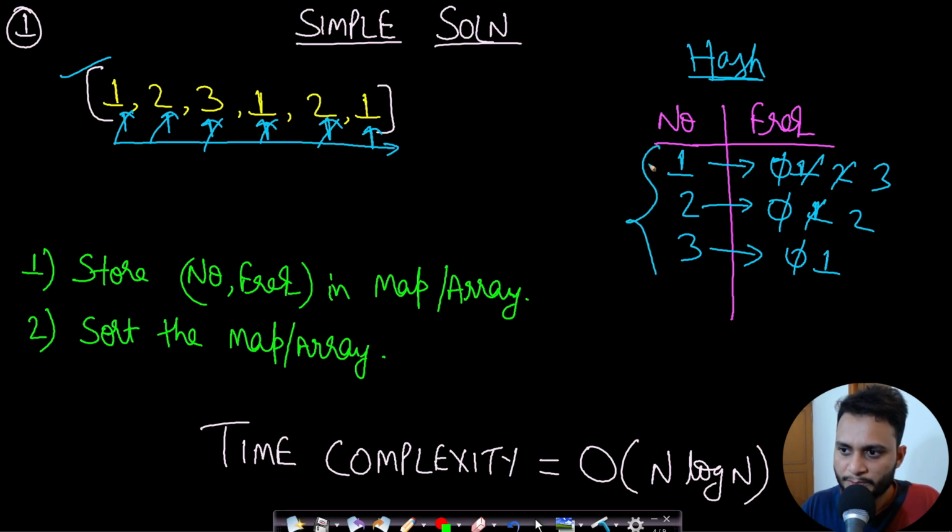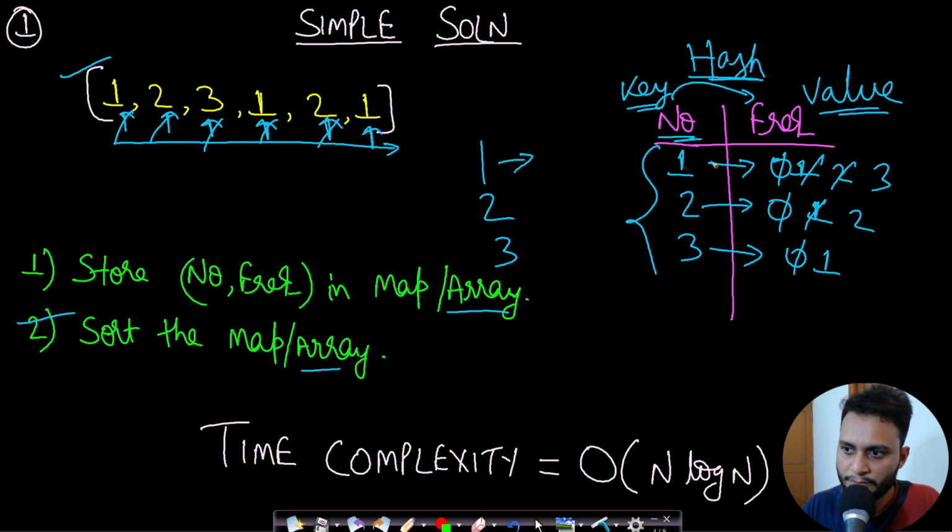Now you can see that the hash map is storing all the unique elements as keys and their frequencies as values. So the key and its corresponding frequency are stored as the value. Now we can just sort this map. After sorting, 1 will be the first element, 2 will come after 1, and then 3 will be last, because we are sorting based on frequency. You can even use an array instead of a map, and that will also work. After sorting, you can just pick the top k elements. In this case, if k is equal to 2, you will pick just 1 and 2, and store them in a vector and return it as the answer.